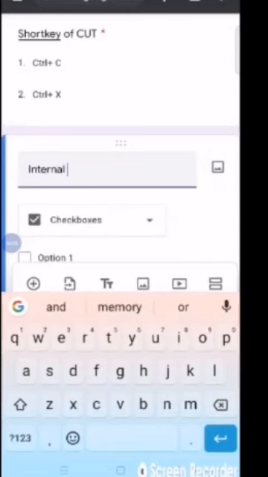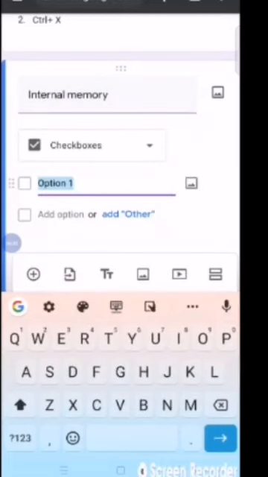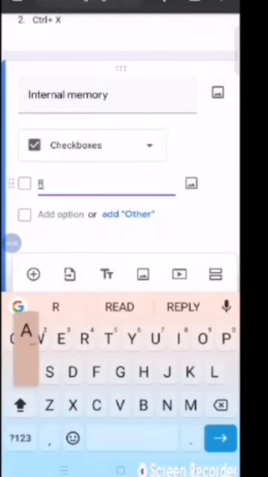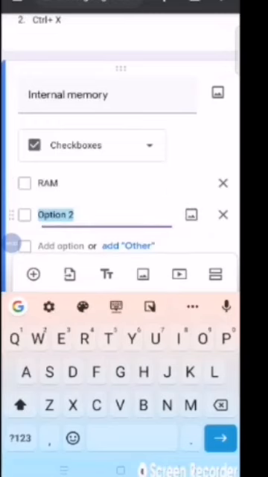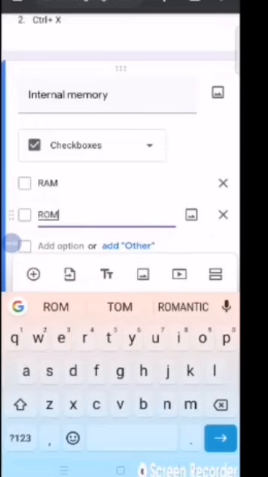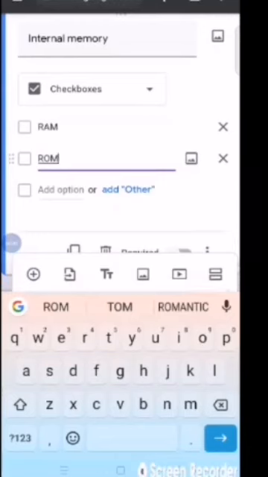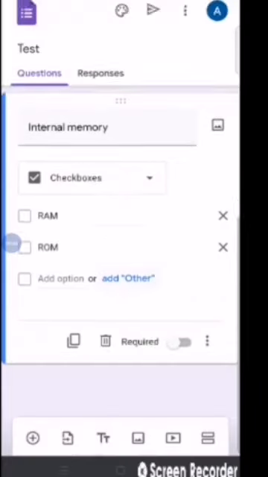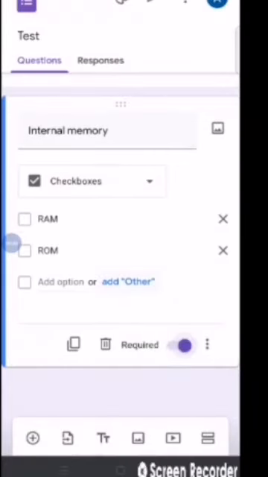So what is internal memory, you know? Internal memory is RAM and ROM. So in this case both answers are correct. So you can give that option in which all the options are correct, so that a person can make a tick on both the things from there. Required.